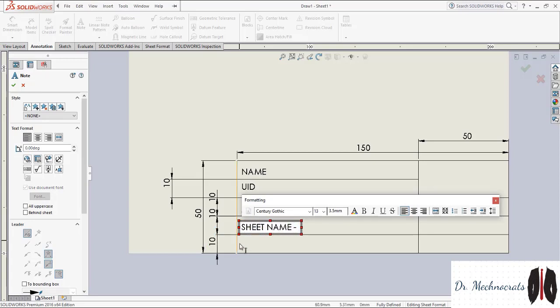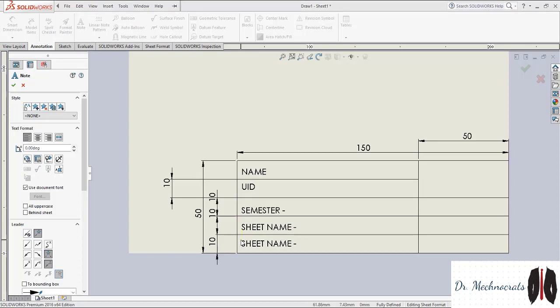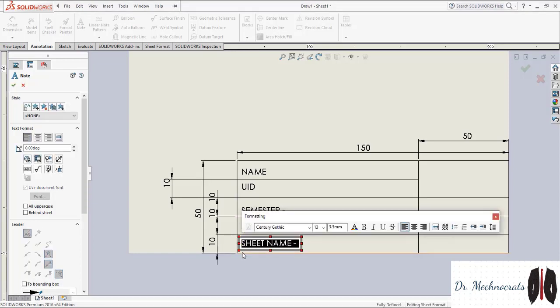And in the last, as we are making the mechanical drawing, we are always working in the MMGS system, right? So you have to write down here, all the dimensions are in mm.